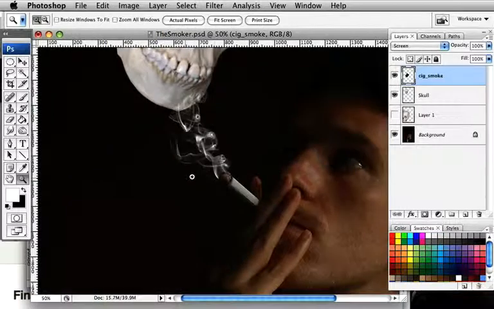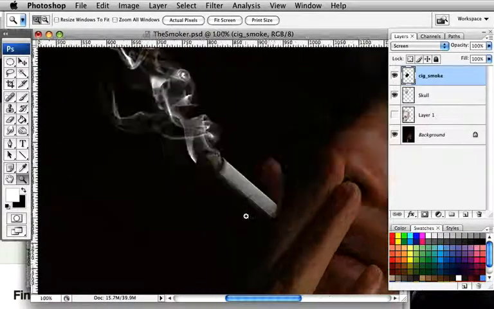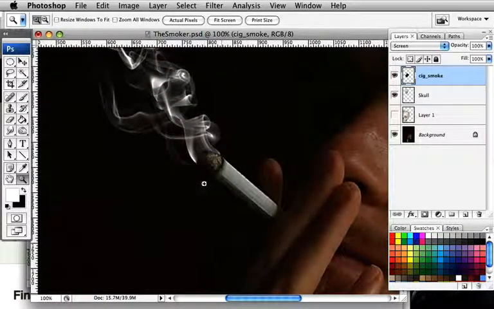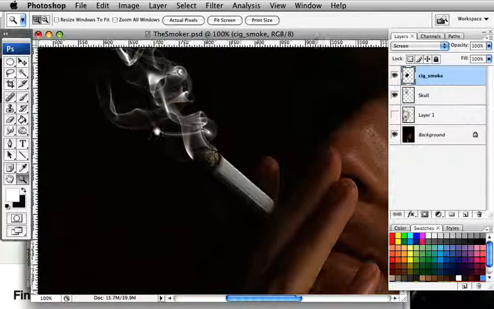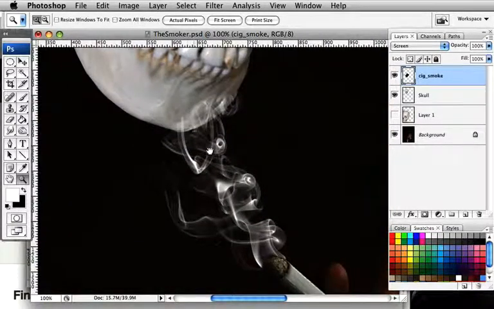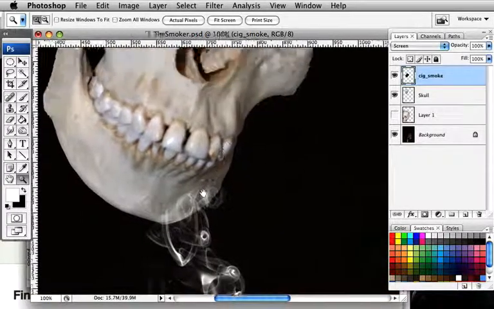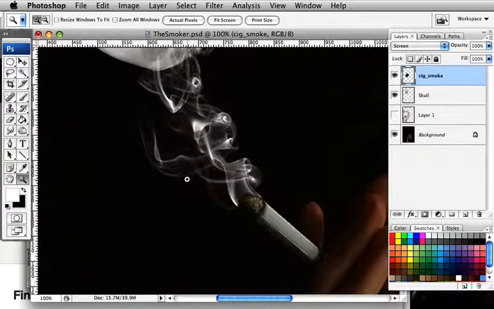And let's zoom in so we can nudge it about a bit. In fact, it's pretty spot on. That looks pretty good. And then it comes up to the jaw here. We'll deal with that a little bit in a minute. But that looks pretty good. So all we've done there is we've cut out our smoke, cut out the cigarette from the smoke, set onto